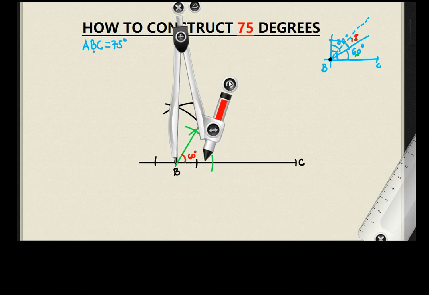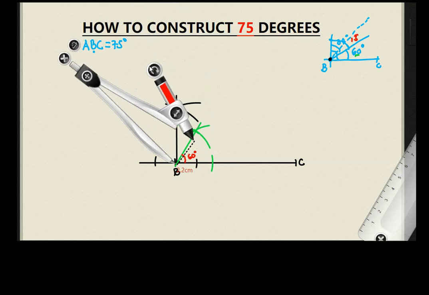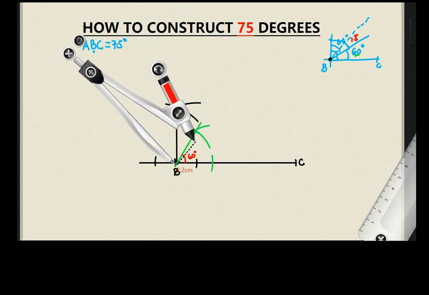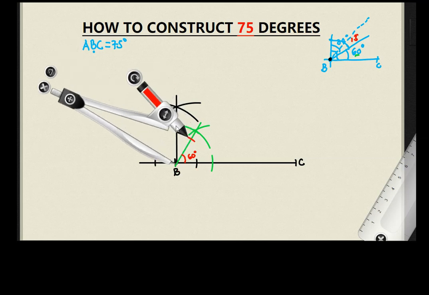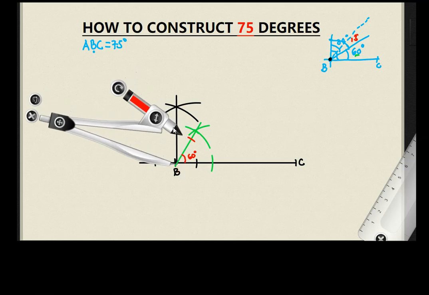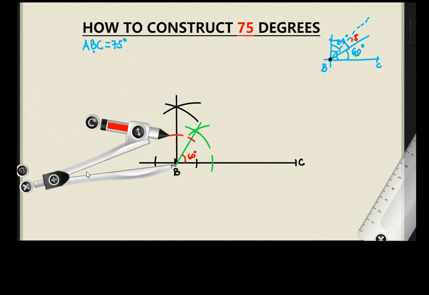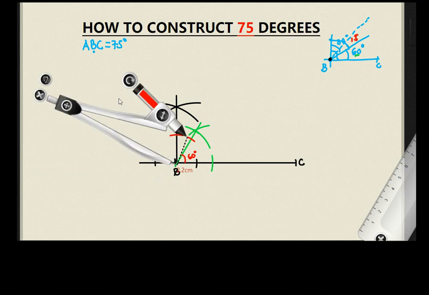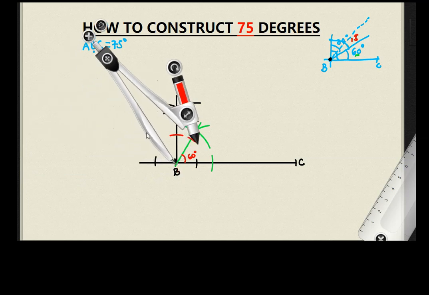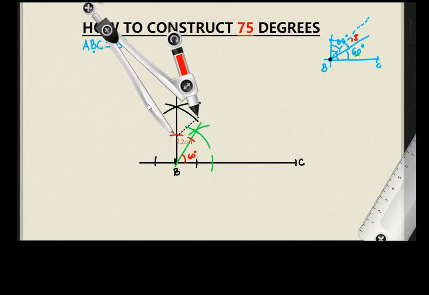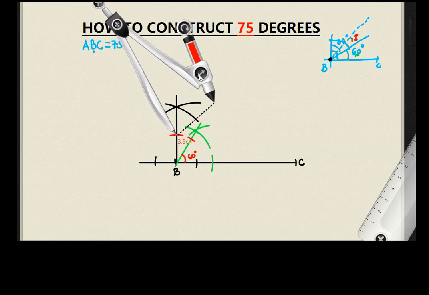So as to bisect that particular angle, we'll adjust our radius and then draw an arc on that line and also on this other line. Then now transfer it to this point. You can extend the radius